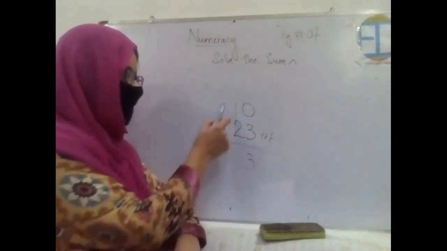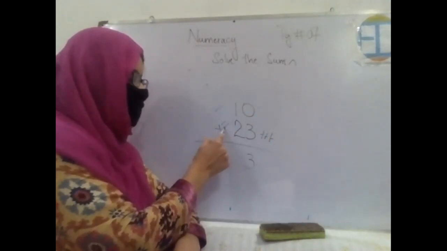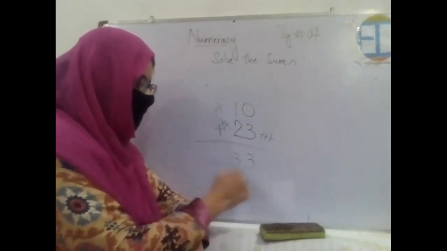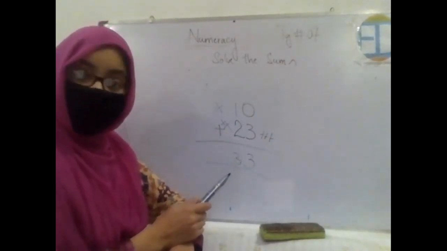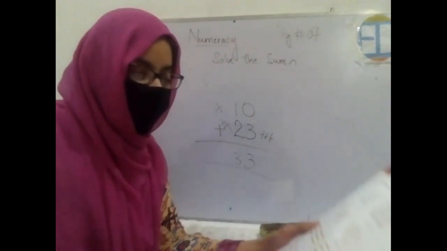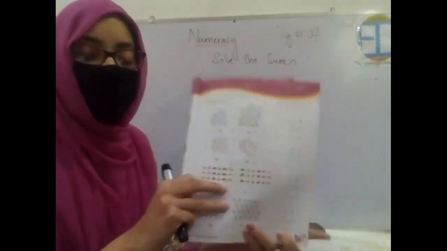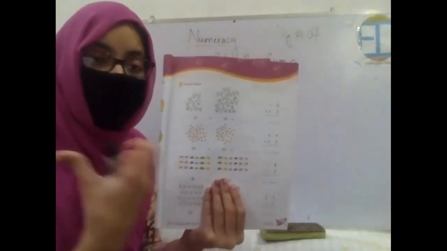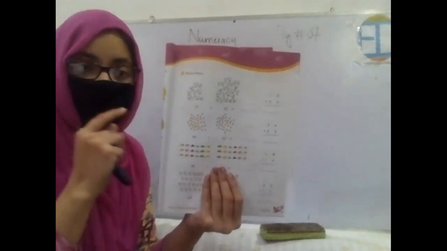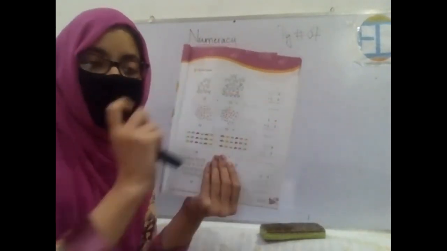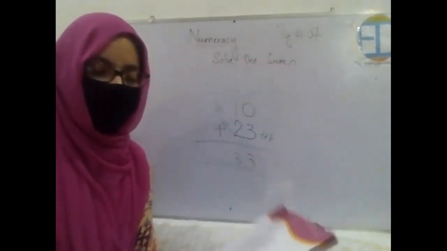Now look on this side. 1 and then 1, 2. Now count them. 1, 2, 3. So the number is 33. Got it? Now look at the second one. We have first 34 eggs and then 33 eggs, and we want to put all of these eggs together. So what you will be doing, you will add them and write the numbers in the vertical order as written in your book, and then count them and tell me what's the answer.